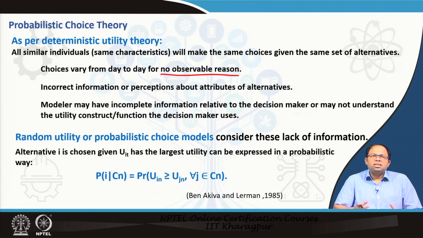So, the person has actually chosen something, but when I am trying to decide the reasons why the person has chosen this, I may not know everything because I am not that person, and I may also form an incomplete utility equation. So, these are the issues that plague the modeling process.